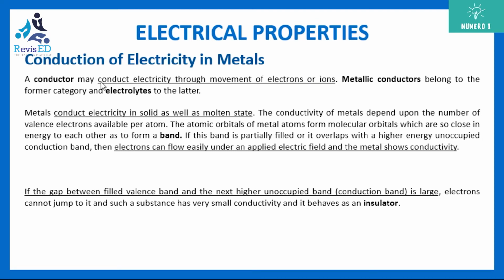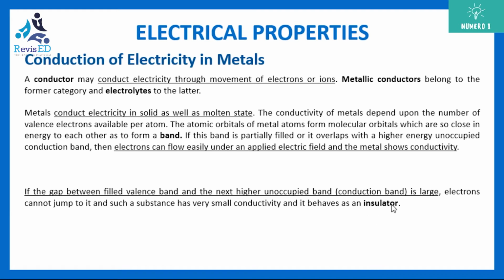Basically, conductors conduct electricity through movement of electrons or ions. Electrons in the case of a metallic conductor, whereas they conduct electricity in the form of ions in the case of electrolytes. For example, NaCl, if you mix it in water, that makes your electrolyte. So it dissociates into Na plus and Cl minus. So that's an electrolyte. These ions which are formed, that is Na plus and Cl minus, are the ones conducting electricity. Okay. So if you want, you can pause the video and read this. So here is all about what I have explained already.